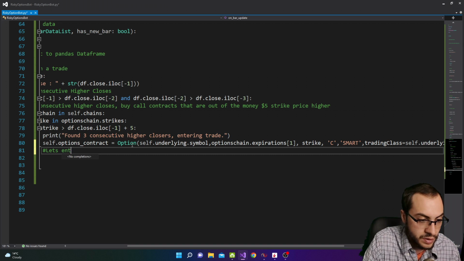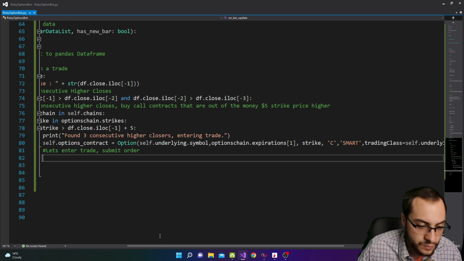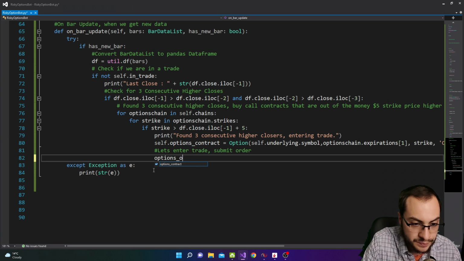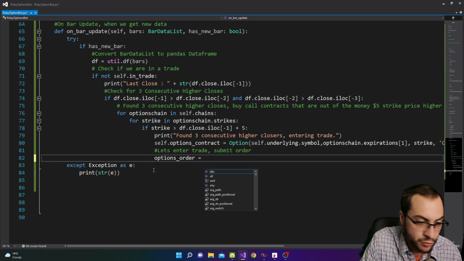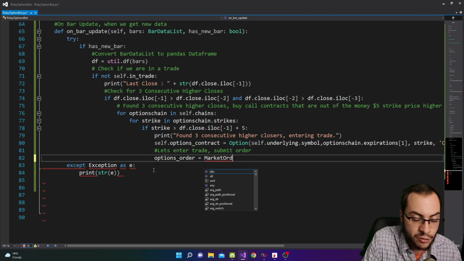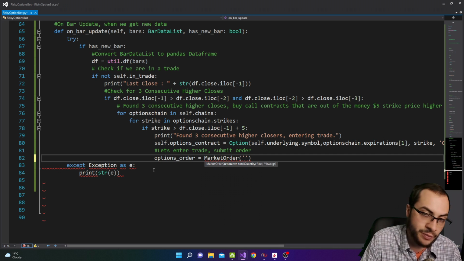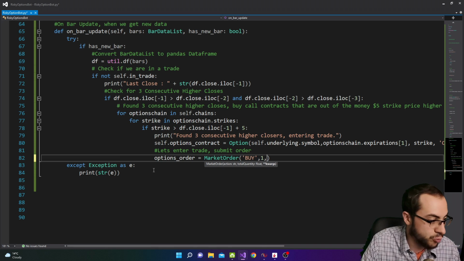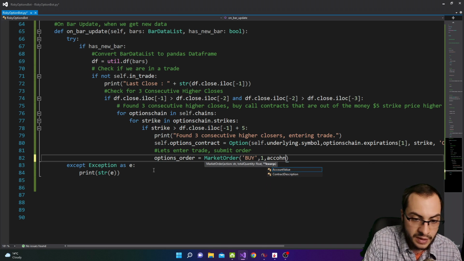Let's enter trade, submit order. All right, so we have the options contract. The next place is we have to make an options order. So we're gonna make an options order variable, set it to a market order, which means we're gonna buy at market. We're gonna buy a quantity of one contract, and